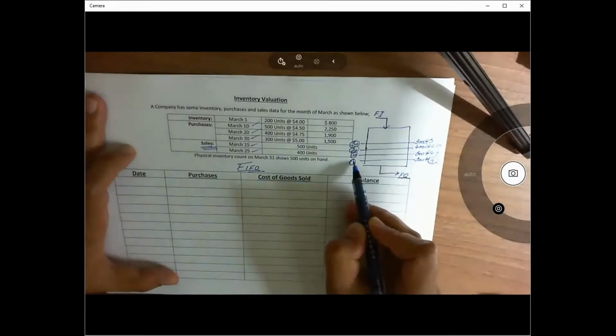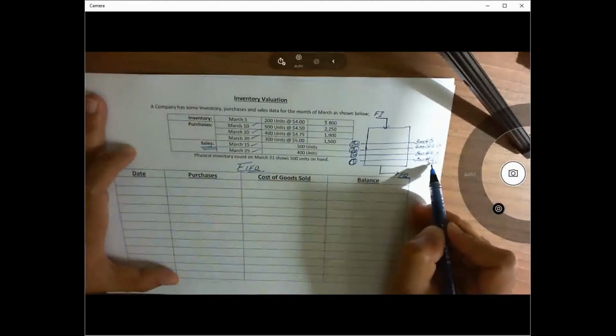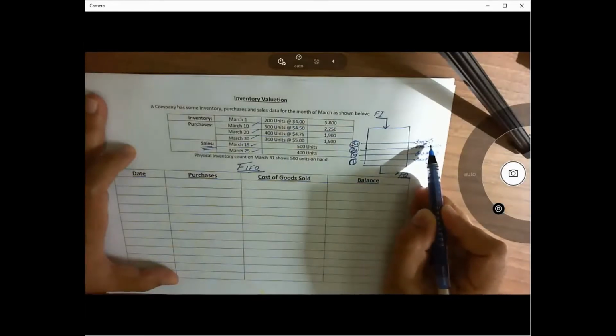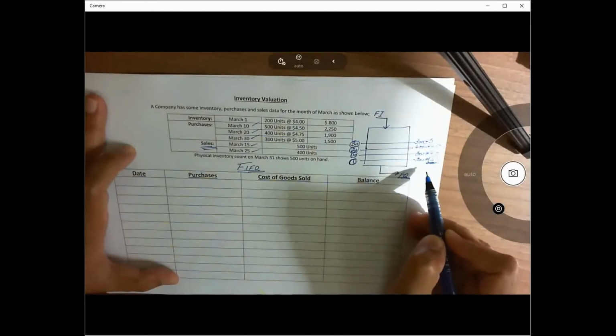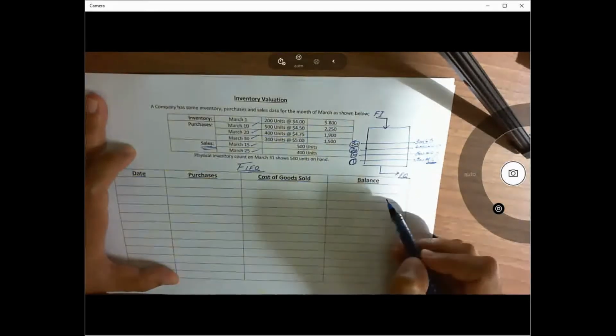We are selling those units first, which we purchased earlier, which means that our cost of goods sold is going to have a lesser value, or the expensing out which we are going to do in the income statement will have a lesser value as compared to our balance sheet. So our balance sheet will be overvaluing the assets, whereas our income statement will be undervaluing the cost, but overvaluing the total profit. So this is the FIFO method.